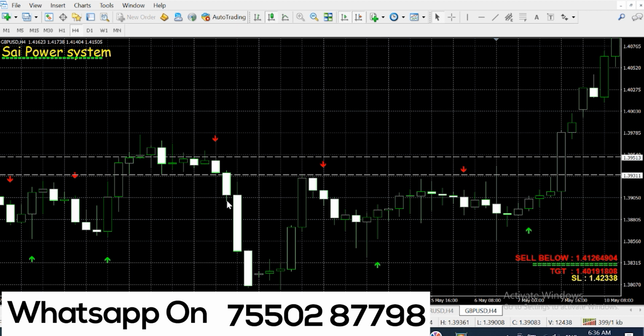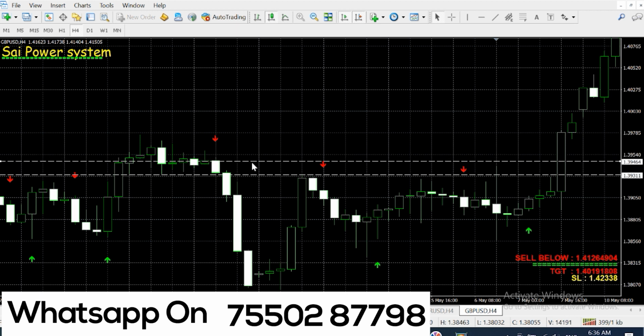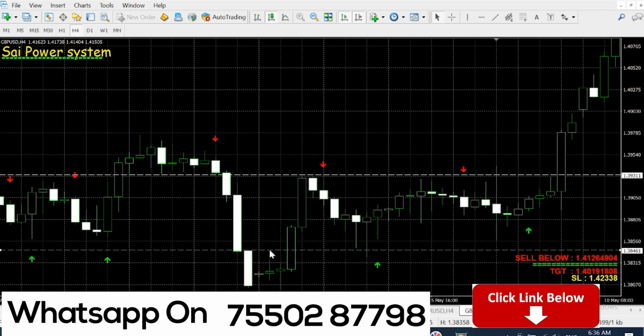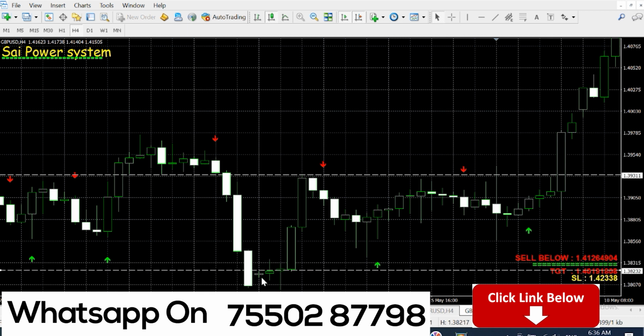But I strongly suggest all my traders use a trailing stop loss at the previous candle high. For example, if you short here at 39311, this is the stop loss, and as this candle closes, you can put the trailing stop loss here. Then later this candle closes, then you can put the trailing stop loss here. After that, one more candle closes and the trailing stop loss goes here. Then one more candle closes, the trailing stop loss goes here, and on this 4 hour candle the trailing stop loss triggered. So from 39311 to 38232, almost 1000 pips in GBP/USD.